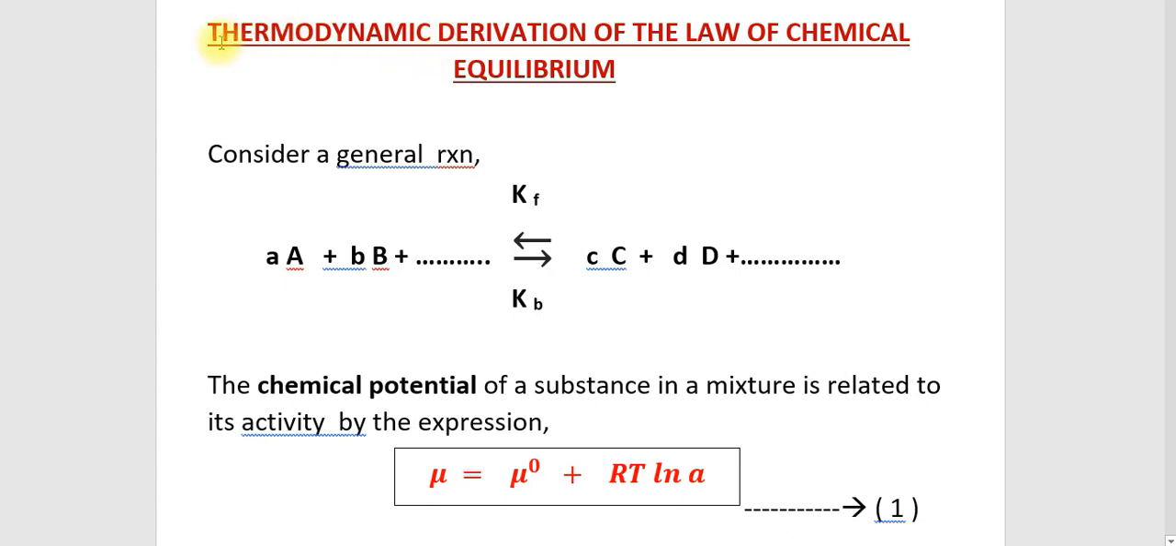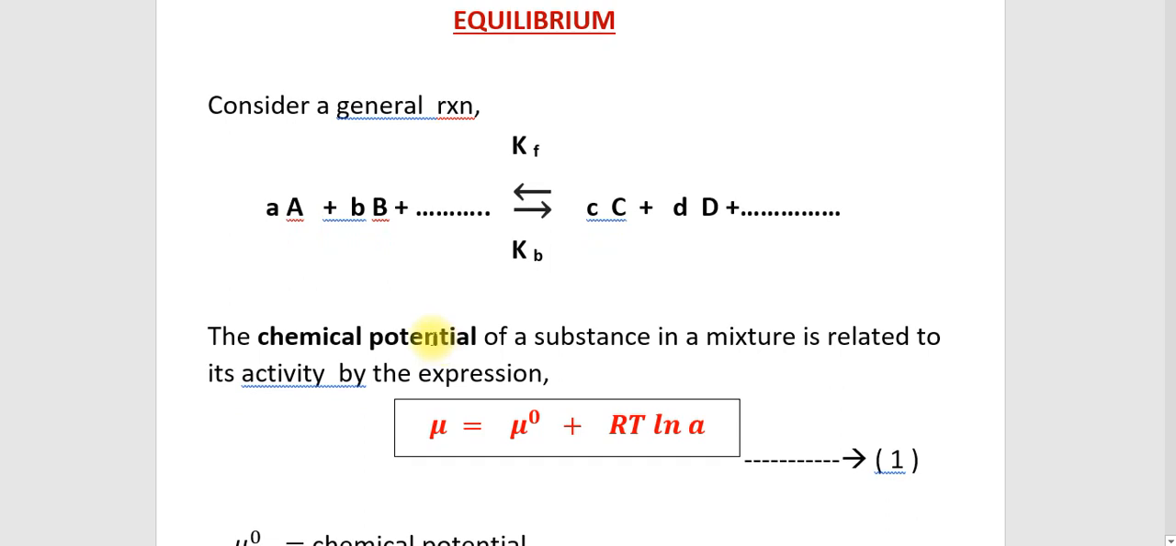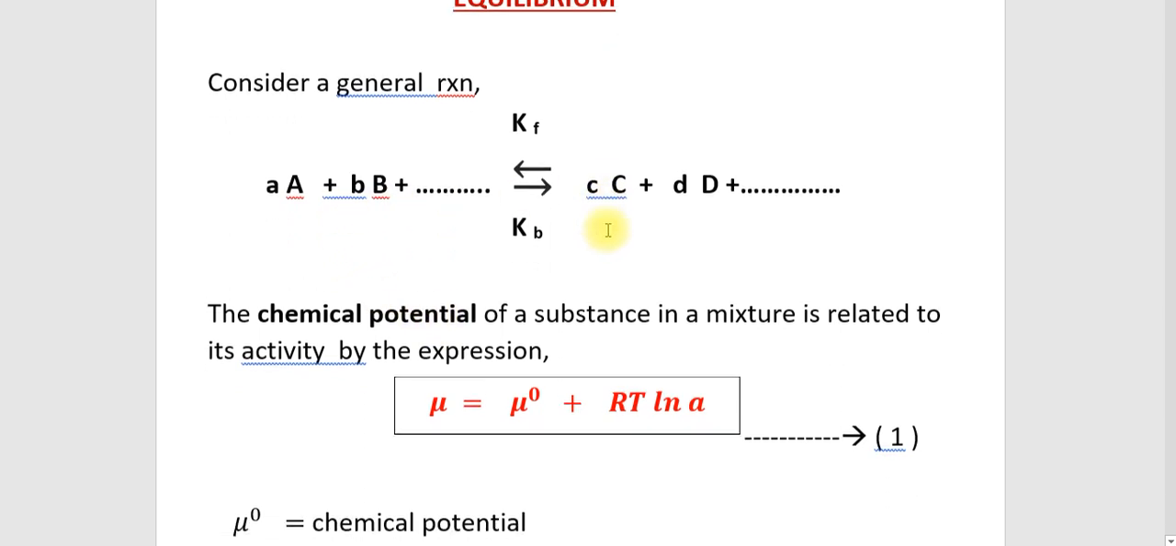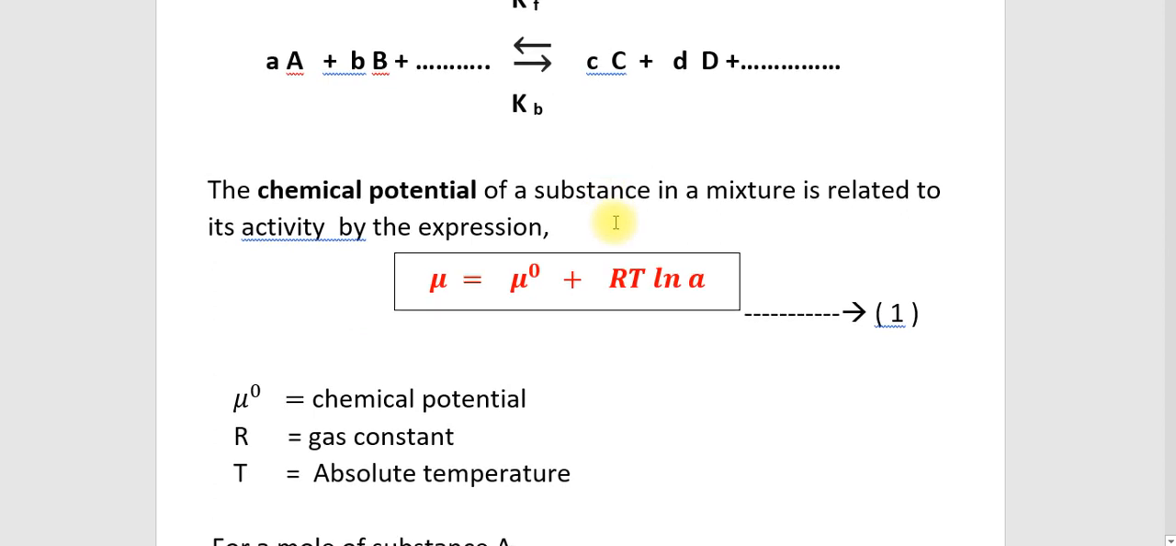Good morning. Today we are discussing the thermodynamic derivation of the law of chemical equilibrium. That means we are finding the derivation of the law of chemical equilibrium in terms of thermodynamic concepts. For that, consider a general equation aA plus bB reversible arrow cC plus dD, and here we are finding